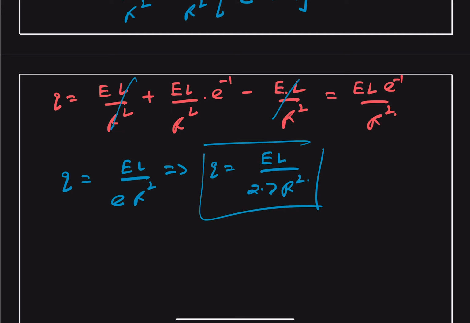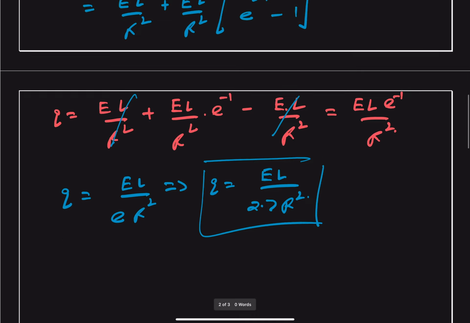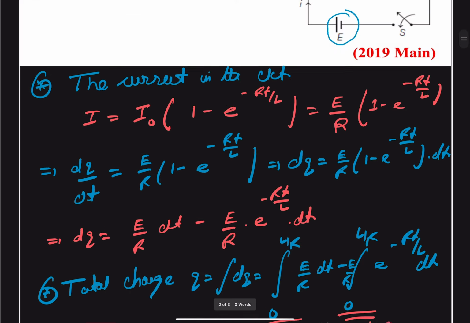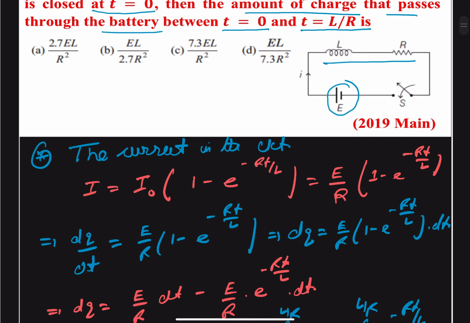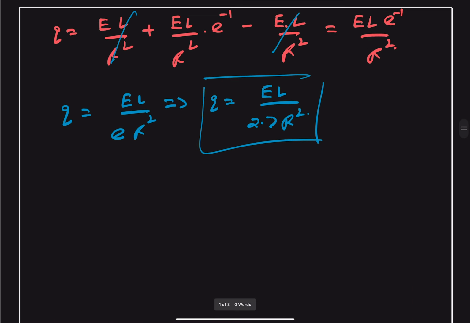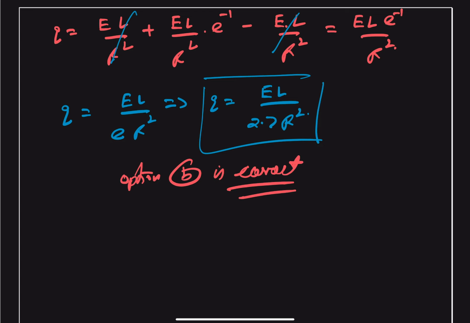So this is the amount of the charge from t equal to 0 to t equal to L upon R, and this gives us that option number B is the correct option. Option B is correct. So this completes the